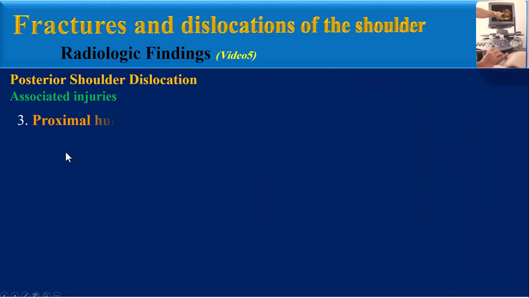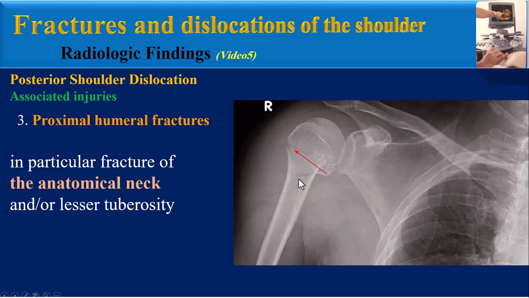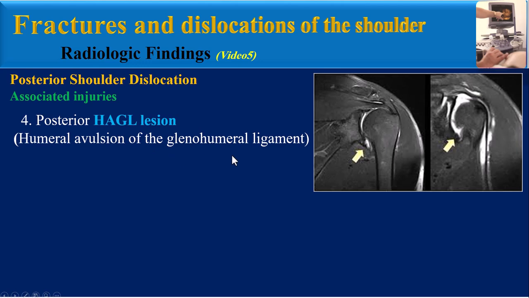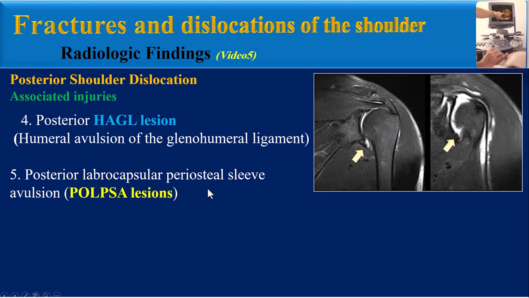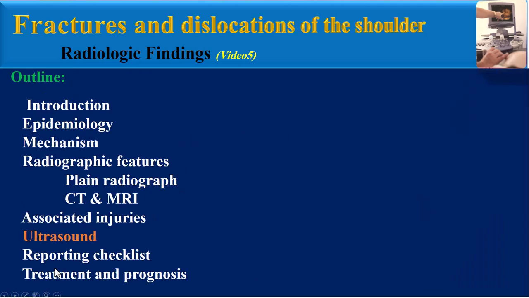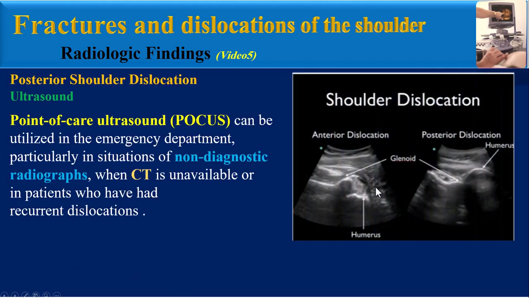Another associated injury is proximal humeral fractures, in particular fracture of the anatomical neck and/or lesser tuberosity. Other associated injuries are the posterior HAGL lesion, meaning humeral avulsion of the glenohumeral ligament, and the posterior labrocapsular periosteal sleeve avulsion, or POLPSA lesions. Ultrasound. Point-of-care ultrasound can be utilized in the emergency department,